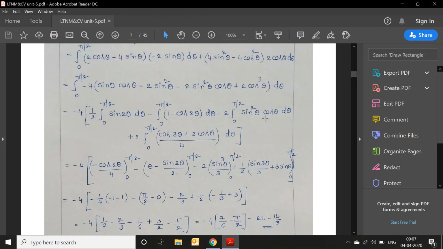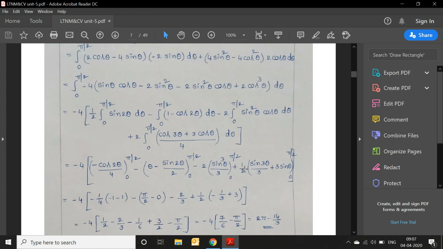Otherwise, simply, the integral of f power n of x into f dash of x dx equals f power n plus 1 of x by n plus 1. By using that formula, I am writing the value sin power 3 theta by 3,